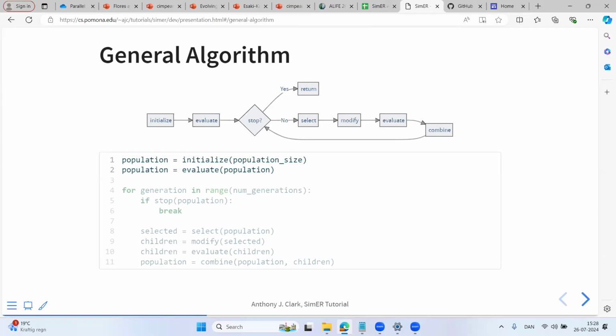So when I talk about evolutionary robotics, this is sort of the loop that I have in my mind. You've got your population, you initialize it probably randomly, but maybe also with an initial seed, a seed individual. You evaluate it, and then you go into your main loop, where over some number of generations, although you can stop early, and I'll talk a little bit about why you might want to stop early, you do your main evolutionary operations. So you select individuals, you modify them, you again evaluate them, and then you figure out which ones you want to carry over into the next iteration.